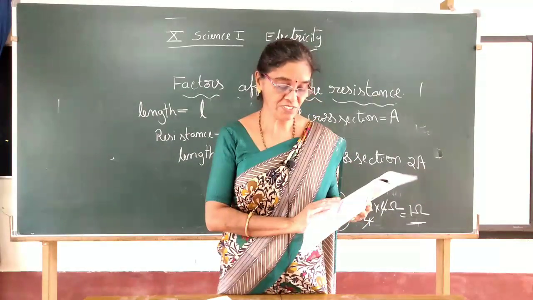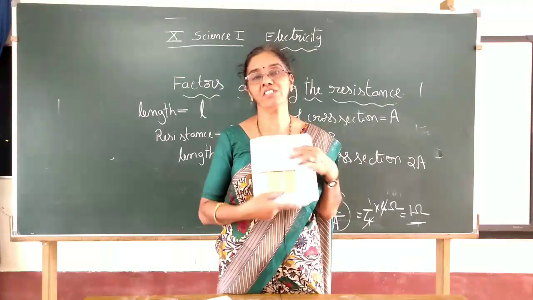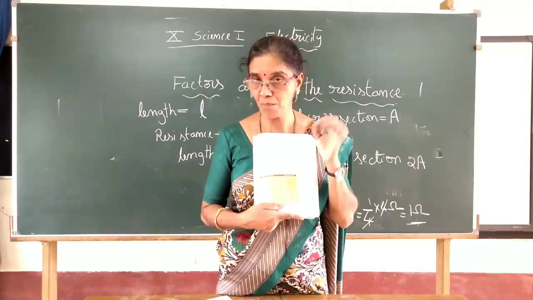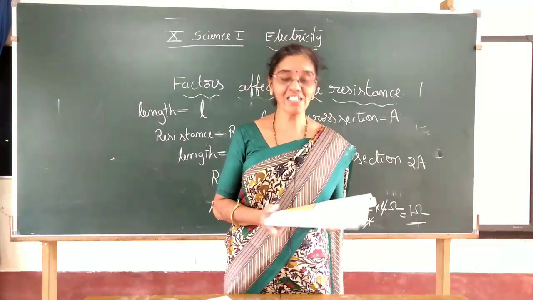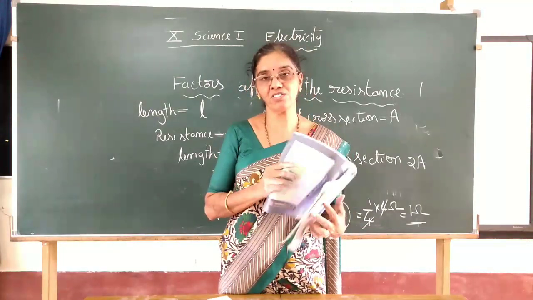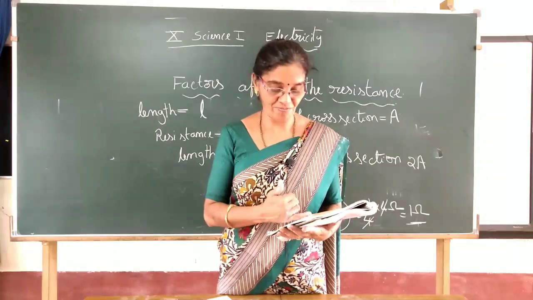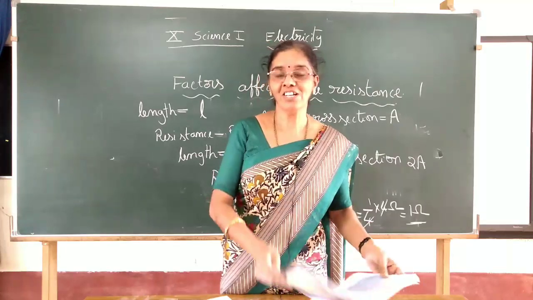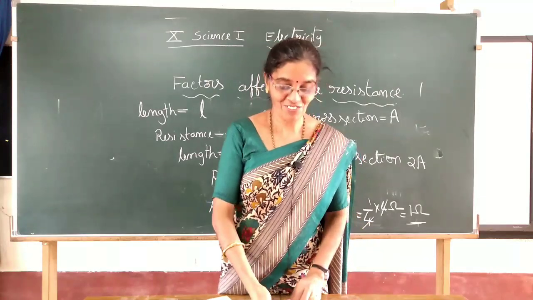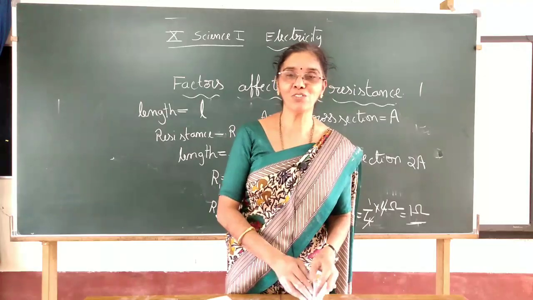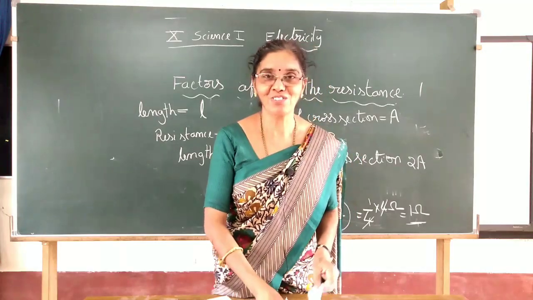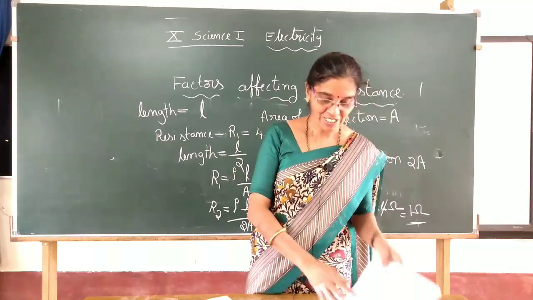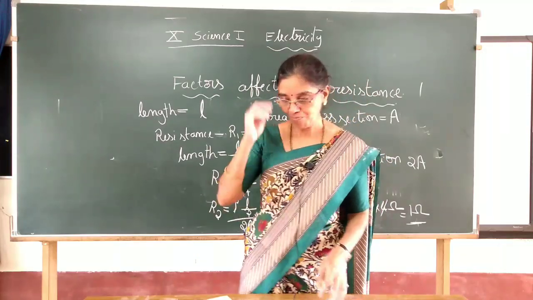The second question is, which is the best conductor? If you see the table, silver has the least resistance. It is the best conductor, but practically we are not using silver. Instead we use copper, which has resistance a little more than silver, because silver, as you know, is very costly. The wire might not be there the next day if you used silver wire in your house, isn't it? We won't use silver. So that is the end of today's chapter, children.